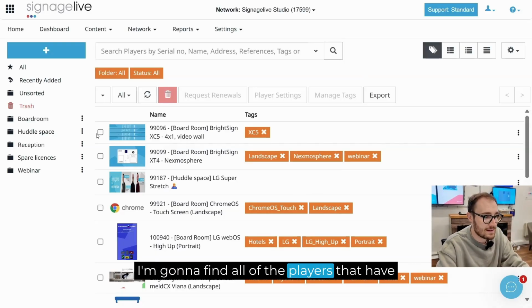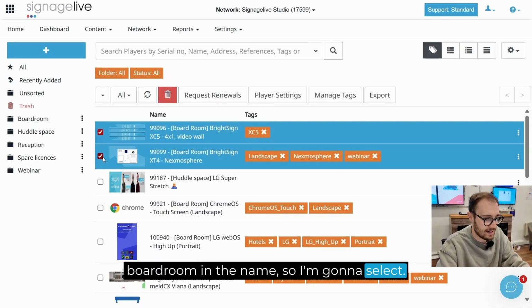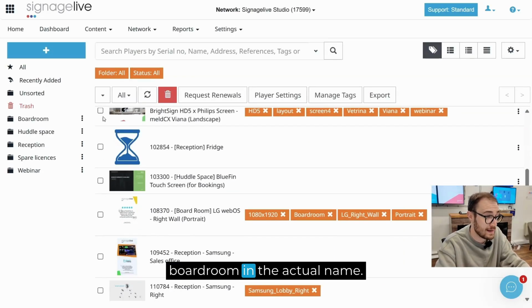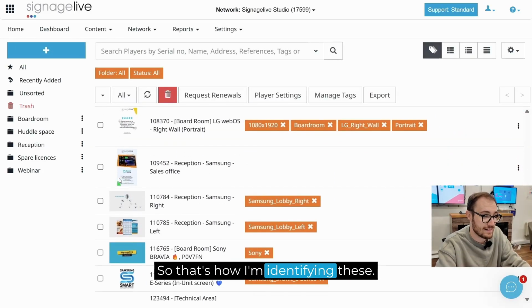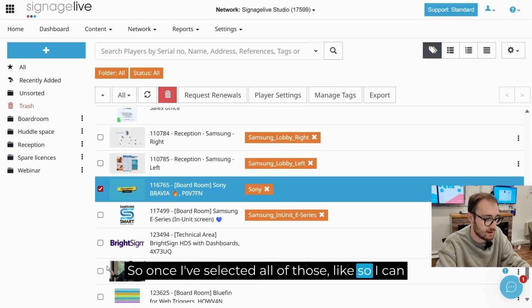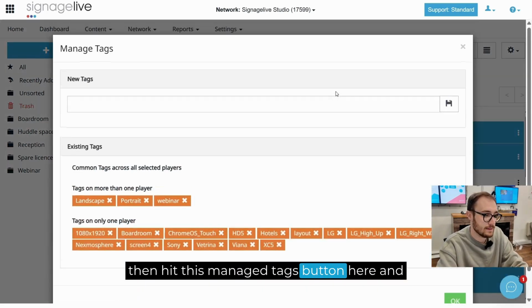I'm going to find all of the players that have boardroom in the name. So I'm going to select these two here, this one here, this one here. I can see they've got boardroom in the actual name, so that's how I'm identifying these. So once I've selected all of those, like so, I can then hit this Manage Tags button here, and immediately